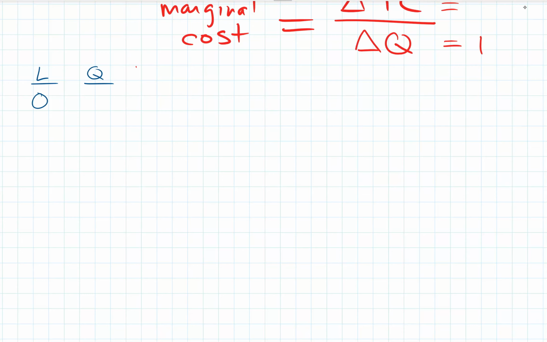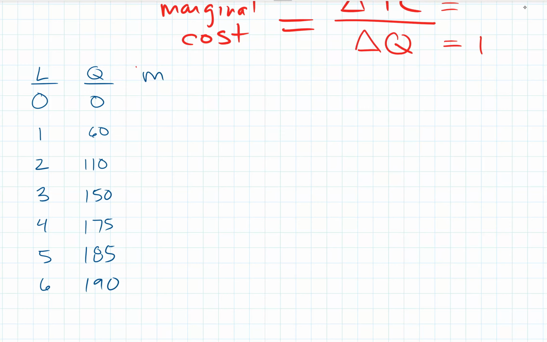So we have no labor, we get nothing, and with 1 unit of labor, we get 60 pizzas, and 2 units of labor, we get 110, and 3 units of labor, we get 150, and 4 units of labor, we get 175, and 5, we get 185, and 6, we get 190. Okay, and just for fun, we can calculate our marginal product of labor, and we can discuss it. So we got 60 more, and then going from here to here, we get 50 more, and here to here, we get 40 more. And then 25 more, and 10 more, and 5 more. Okay, so our marginal product of labor